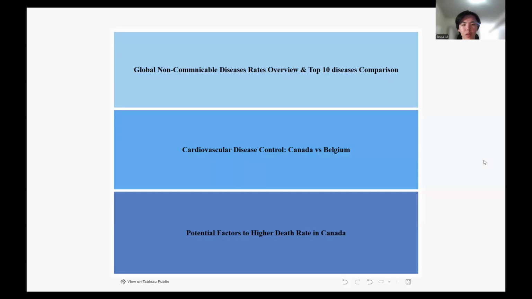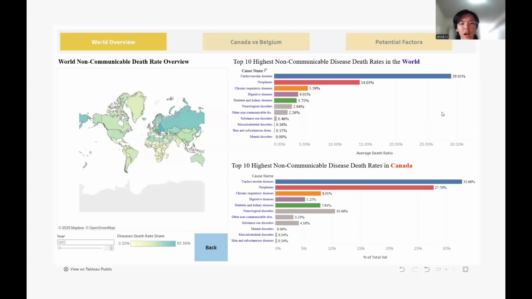Using rates was essential for comparing countries with different population sizes and age structures, and using counts provided important context about the scale of mortality within each country. For our dataset, we selected the IHME Global Burden of Disease estimates because they provide standardized, peer-reviewed mortality measures for all countries from 1980 onwards. Using these measures, we identified the top 10 global non-communicable disease causes and repeated the analysis for Canada. Cardiovascular disease emerged as the leading cause worldwide and domestically, giving us a strong evidence-based reason to center the dashboard